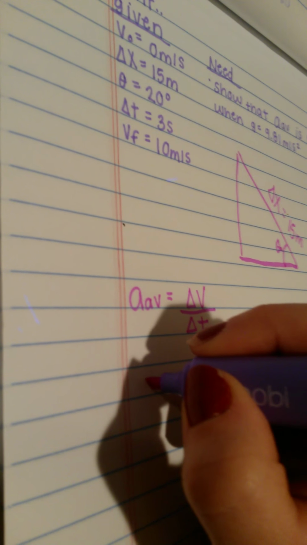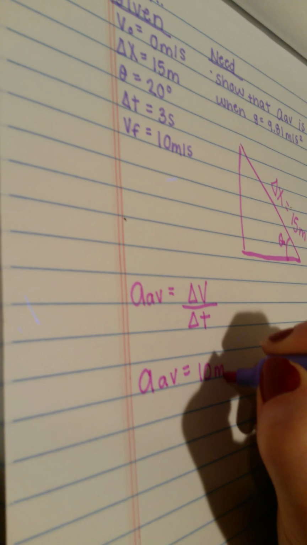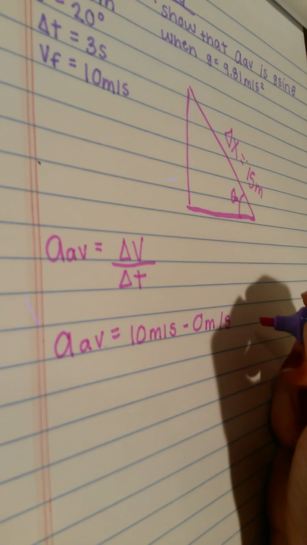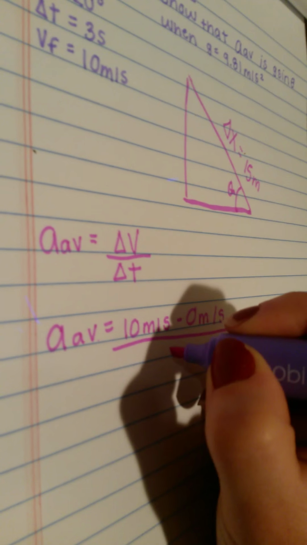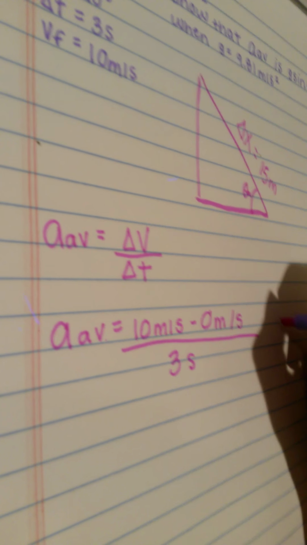Okay, so a average equals 10 meters per second minus 0 meters per second over 3 seconds. And with that, I get a